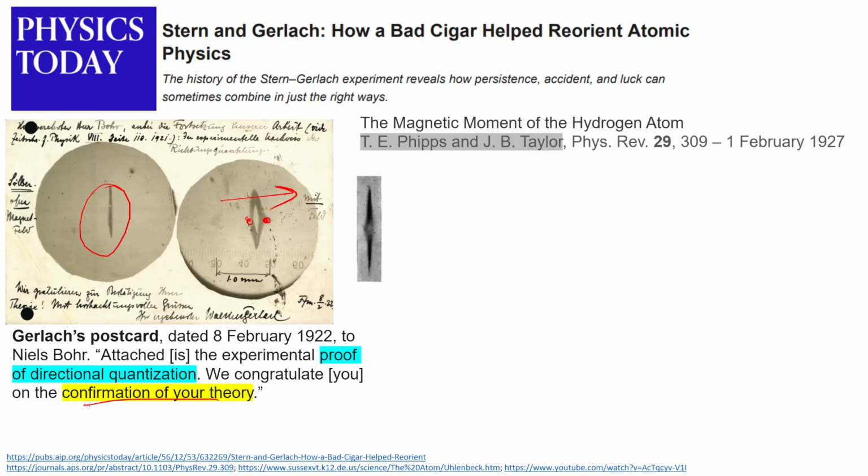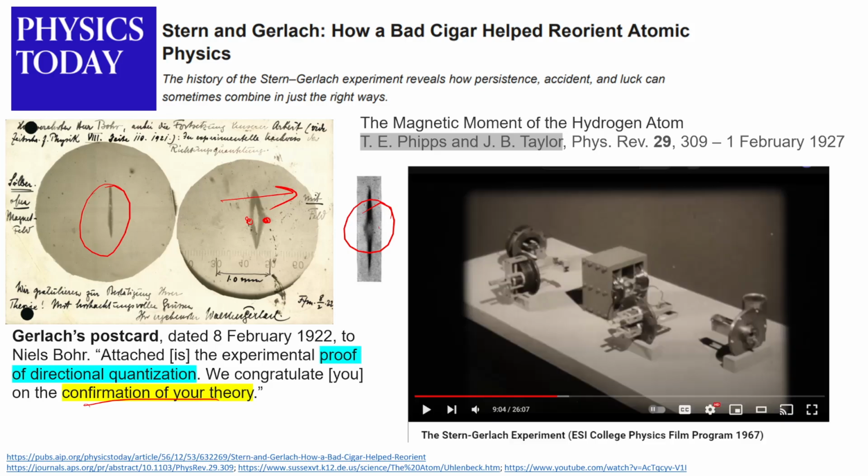And the same experiment can be done for hydrogen atoms, and it was shown later in 1927, a similar pattern for hydrogen atoms. There's also a fantastic Stern-Gerlach experiment done using cesium atoms at MIT, and you can see this video. It's really fantastic. So scientists thought about this in the 1920s. After this experiment, scientists thought about what is happening here, and they also looked at other experimental evidence from hydrogen